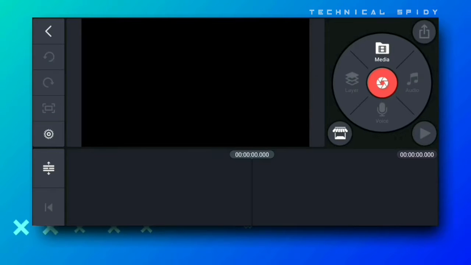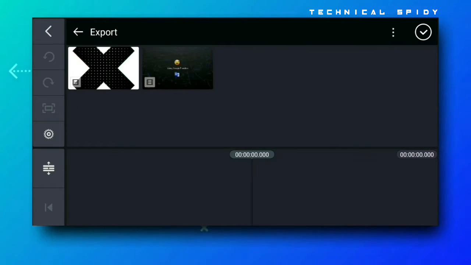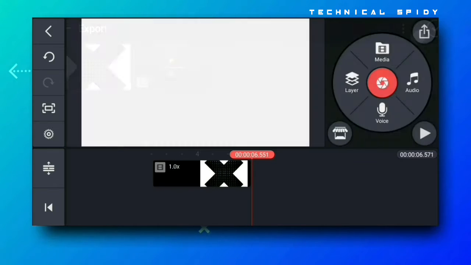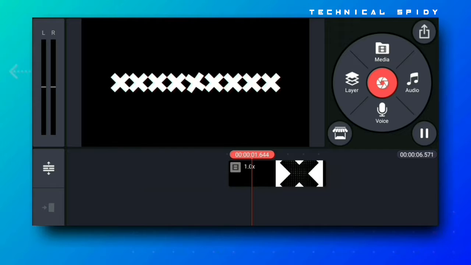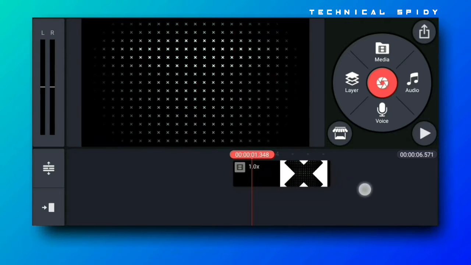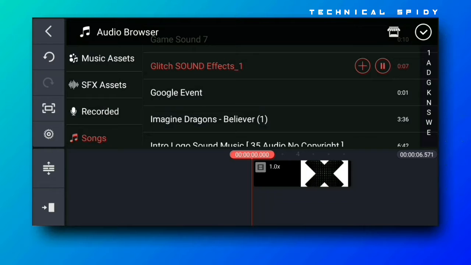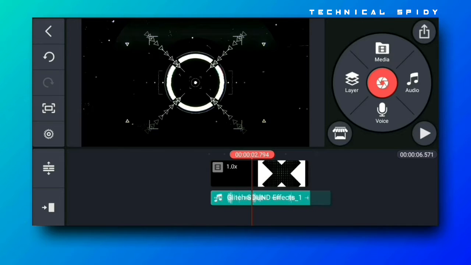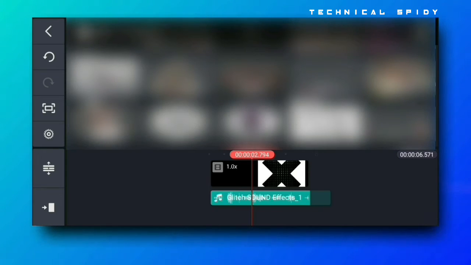So you have to open the KineMaster app first and then add the intro template. After this, add glitch sound. Now is the time to add the logo.